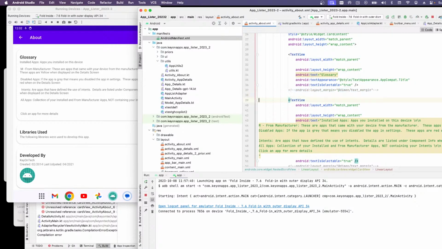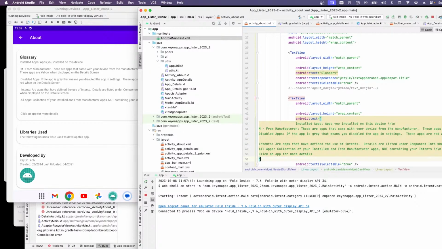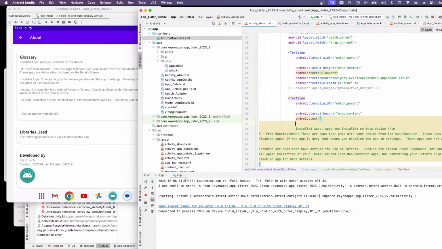I don't know what this is for. All right, so let's turn this. So let's clean this up real quick. How to use this app? Like, what am I trying to say here? I mean, it's self-explanatory, but